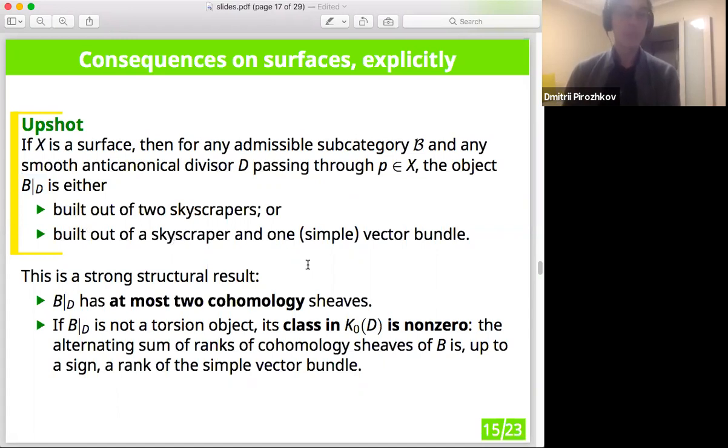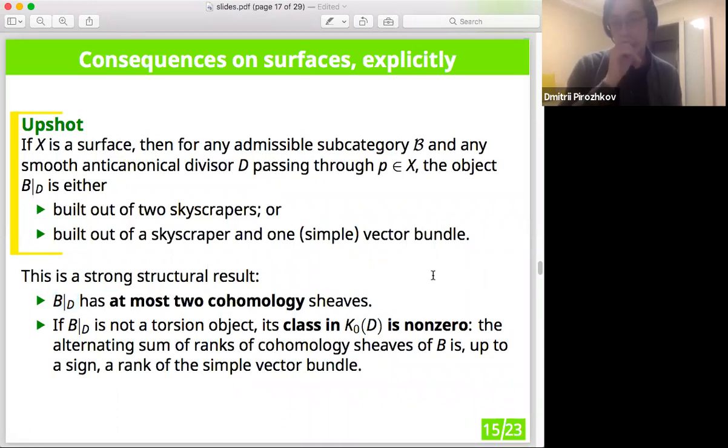So this is a surprisingly strong structural result, because this, for example, implies that this restriction B to D has at most two cohomology sheaves. One problem that we get stuck on if we want to work with arbitrary admissible subcategories is that the projection of the skyscraper in principle could be an arbitrarily complicated complex. So it can have a huge amount of non-trivial cohomology sheaves, and it is hard to work with such objects. But at least now we see that when we restrict to anti-canonical divisors, we don't get too complicated objects in